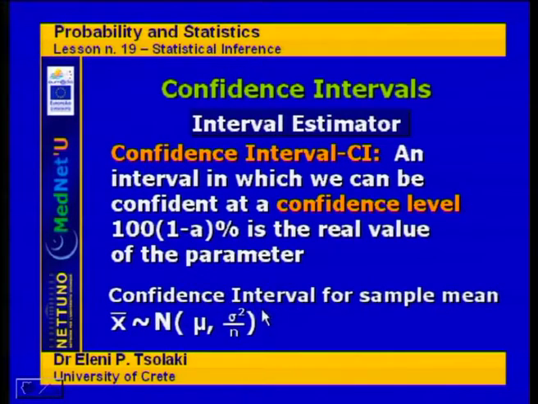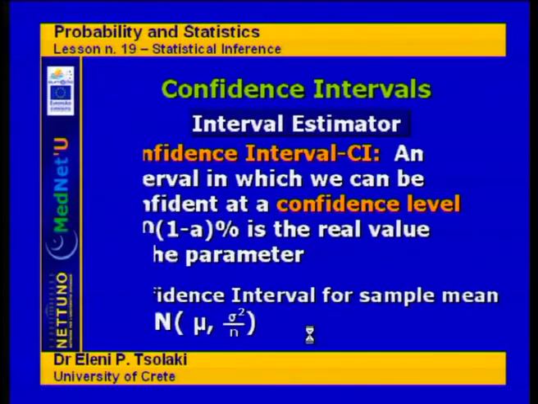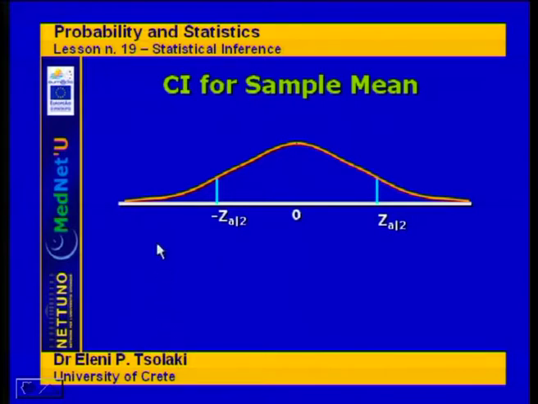Now, the confidence interval for the sample mean, from the central limit theorem, can be calculated by using the fact that the sample mean follows a normal distribution with mean mu and variance sigma squared over n. Now, the mean and the variance are unknown, so we're going to see how we can create the confidence intervals